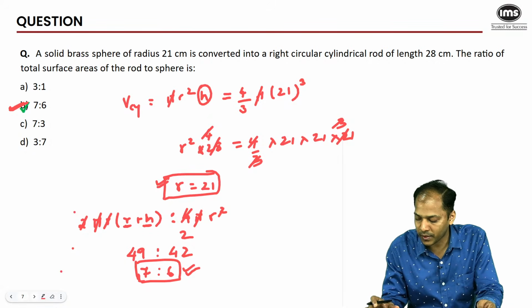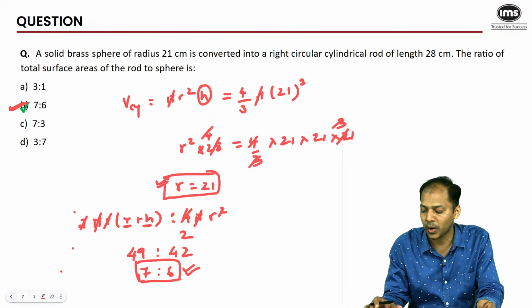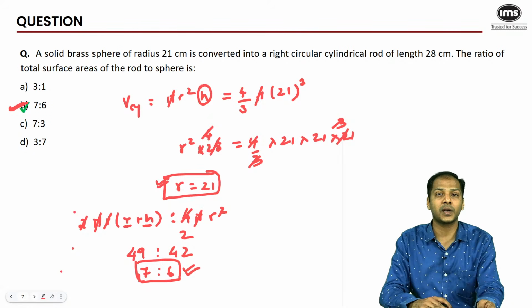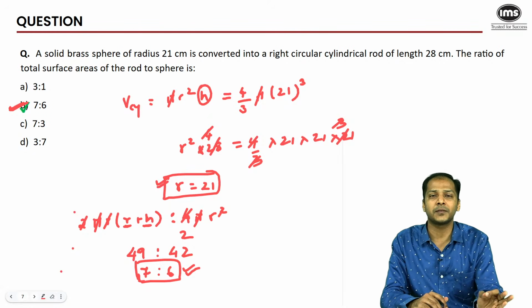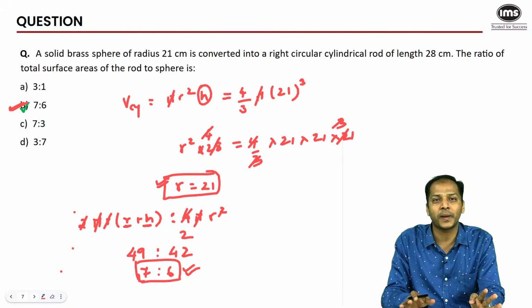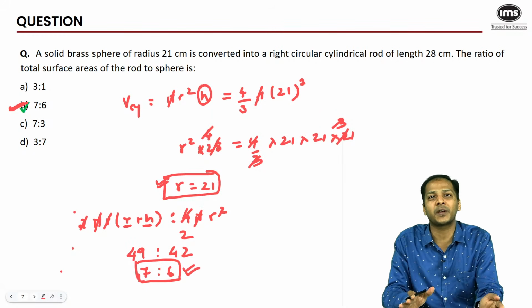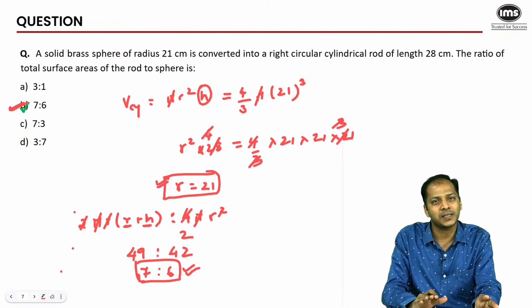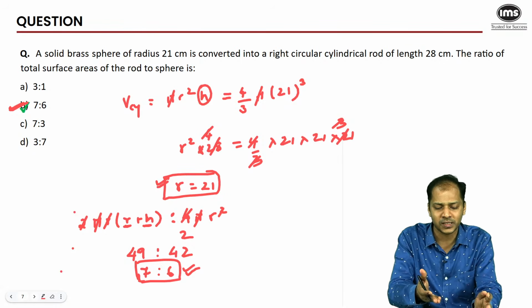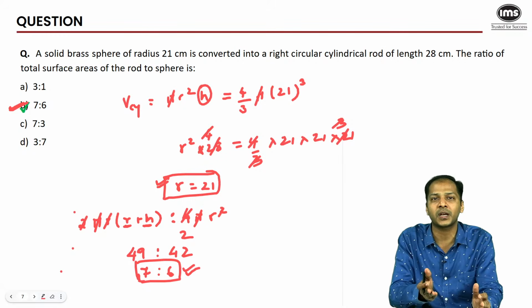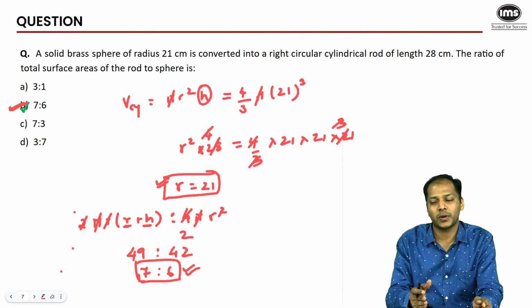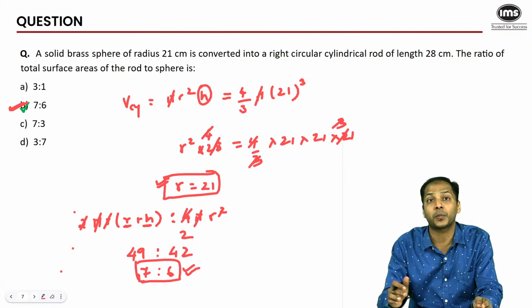I have never done geometry during my prep. Should I do it now or leave it? If you have never done it, just revise the formulae related to mensuration. Mensuration is something most students would have done in their 10th grade, so at least that is something you can do, the basic formulae. These questions are based on mensuration that you would have done in 10th grade. So at least revise the mensuration formulae.